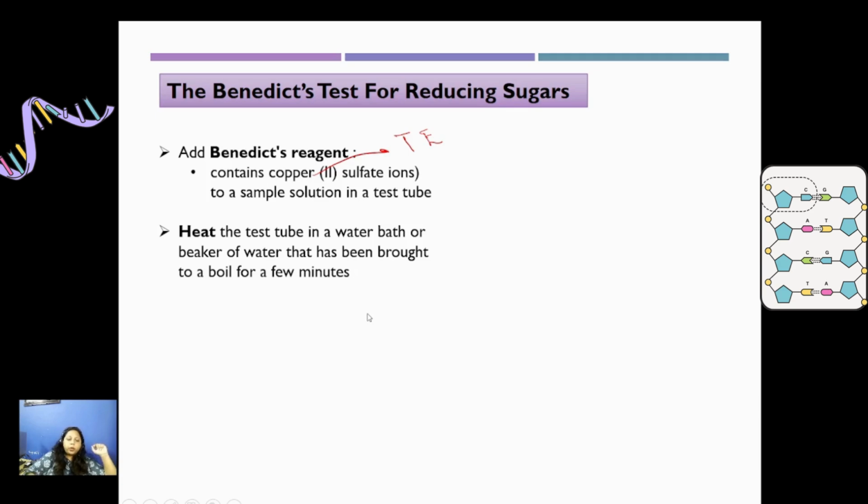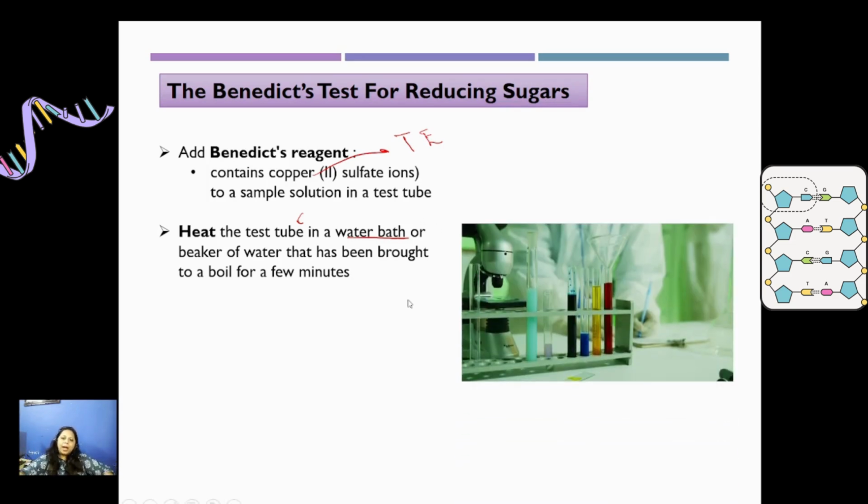But keep in mind, whenever you heat the test tube, do not heat it directly, because sometimes the reaction may be explosive or it can harm you. So whenever it is asked what precaution you can take, the first is to use a water bath or a beaker of water for heating instead of direct heating. Such questions do exist and have been asked in past papers, so you must know the different precautions. So we simply add the reagent and then heat it, and the colored precipitate will be formed.